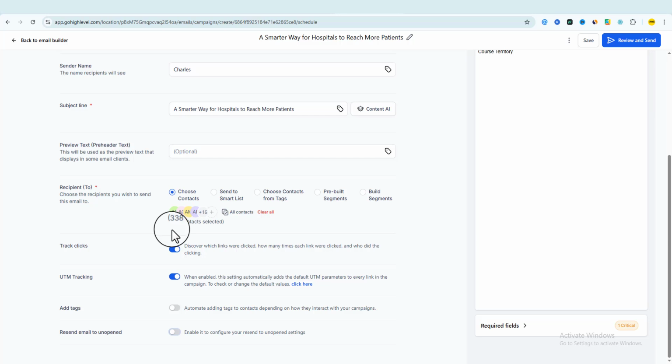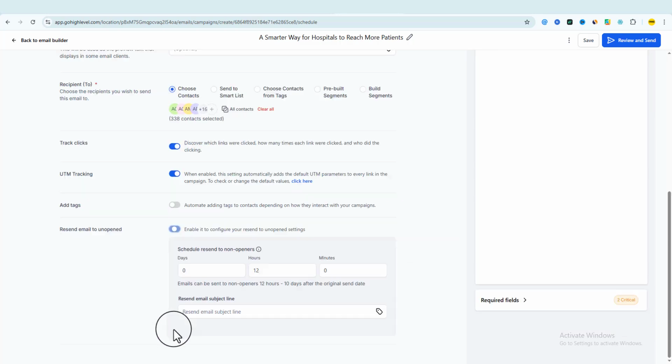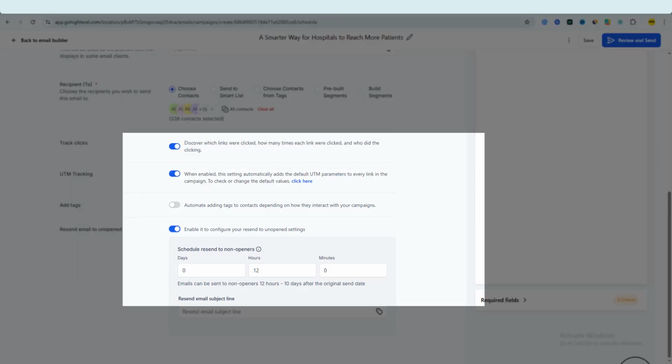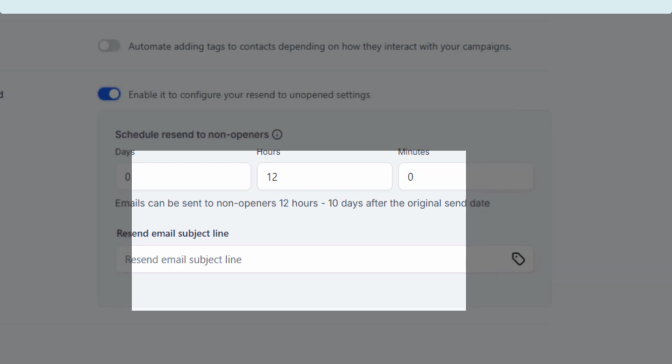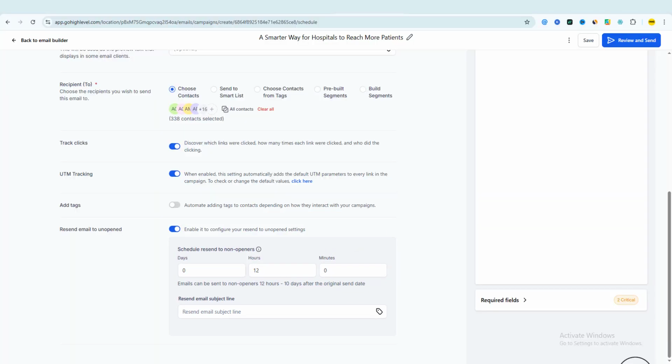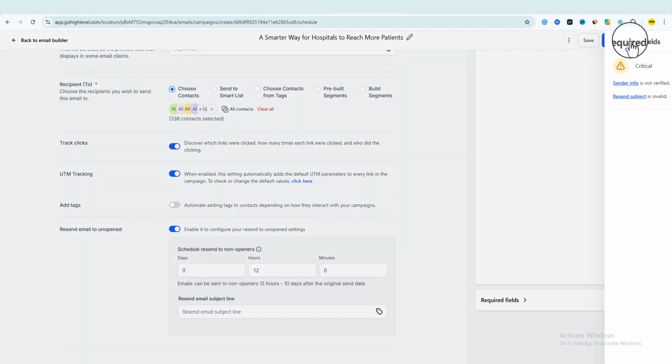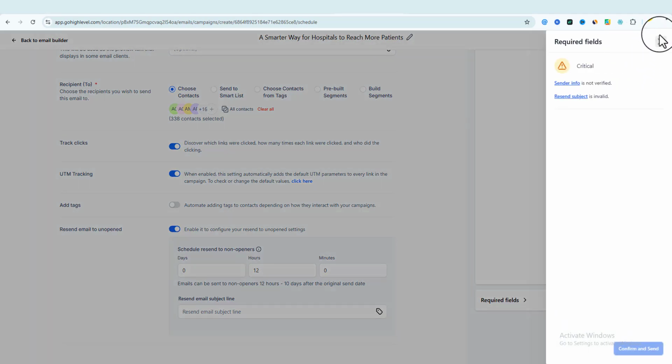Now, one of the super things about GoHighLevel is the fact that you can track how your campaigns are performing by turning all of this on. And again, with GoHighLevel, you can resend emails to people who have not opened your emails after some hours of sending. And this is a key feature for any bulk cold email sending tool. So here we go, guys. You can see you have all the information you need to start sending cold emails from your warmed up domain